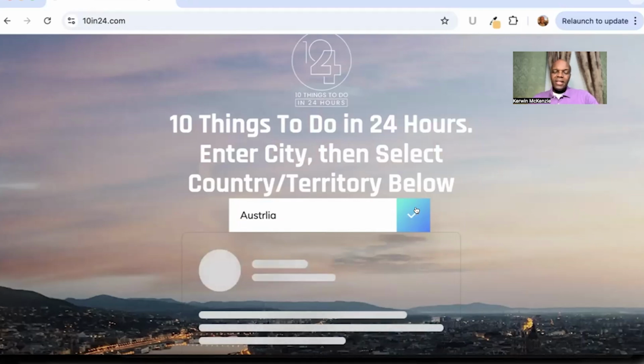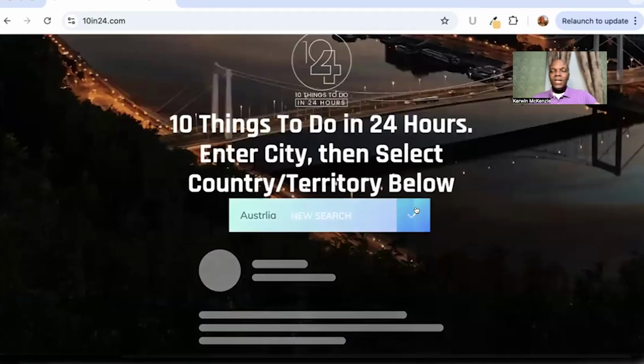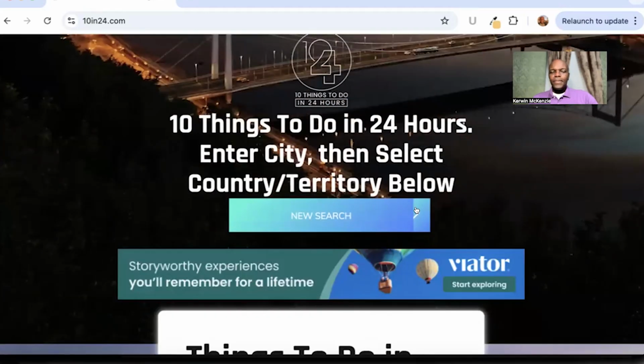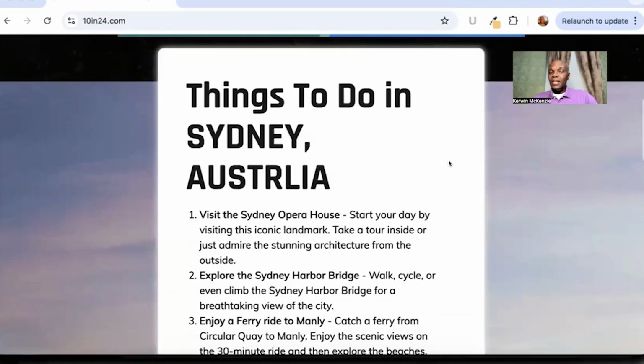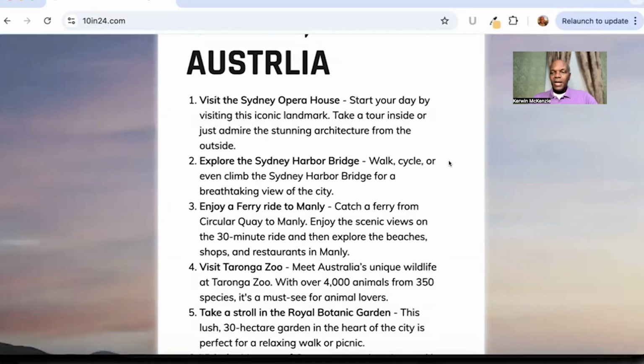The thing about this is how it's coded in the backend: it will go out to the GPT and say, "Hey, tell me 10 things that you can do in Australia." And then it comes back with the 10 things you can do in Sydney, Australia, whatever city you chose. Then once it gets back to you, it gives you this list. And if you want to figure out attractions to do in Sydney, you can use a viator.com link that's here,